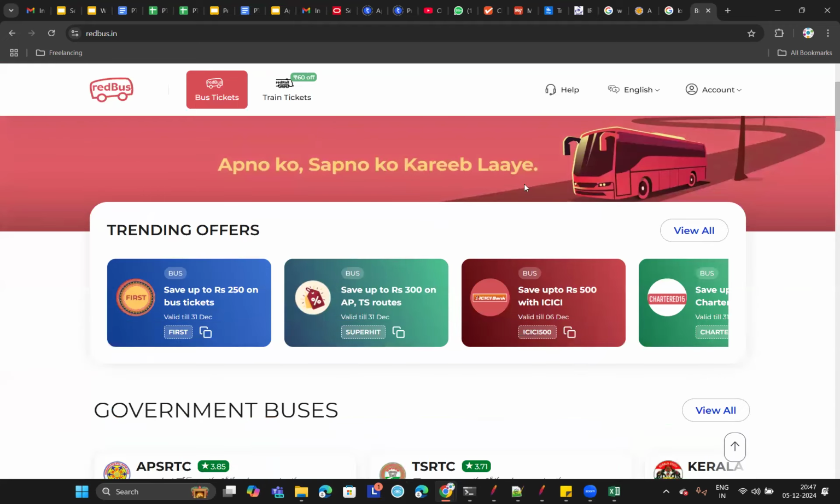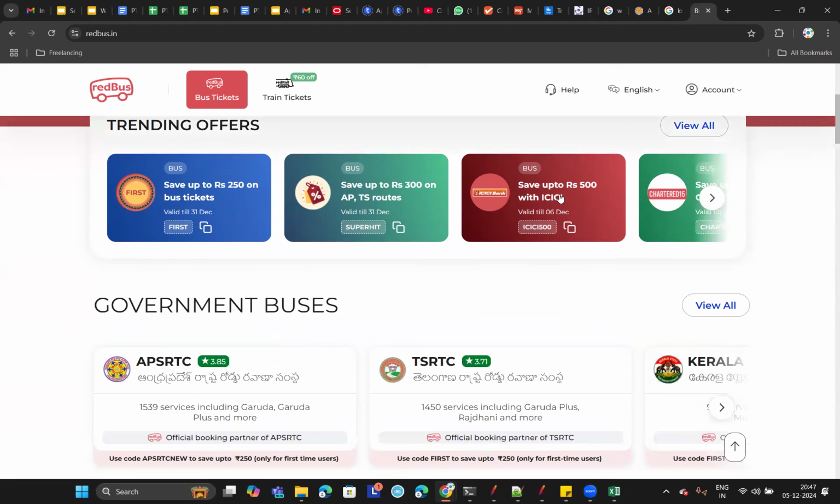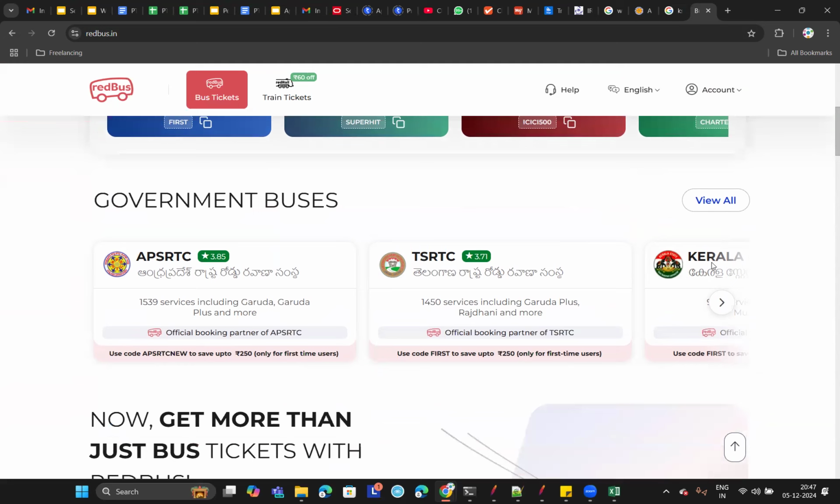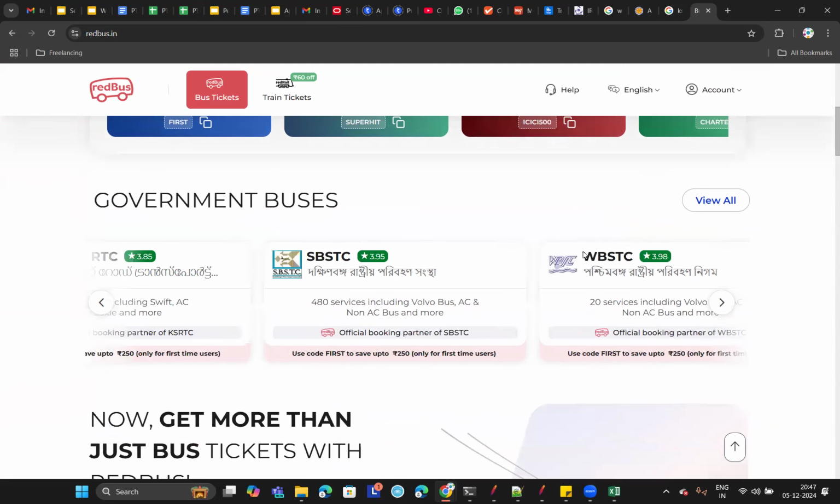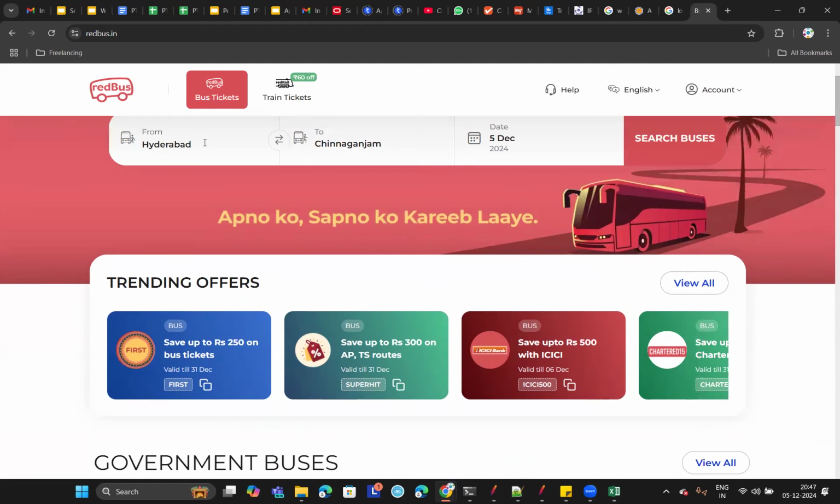First of all, does Redbus have their own buses? No, they don't have even a single bus of their own, right? But they have tie-ups with different operators like APSRTC, Orange Travels, or TSRTC, Kerala Road Transport Corporation, and all this, isn't it? Now, when you search for buses between, let's say, Hyderabad to, let's say,